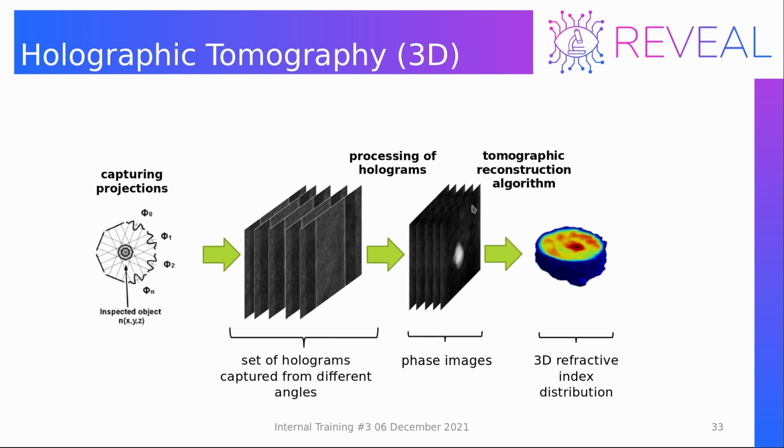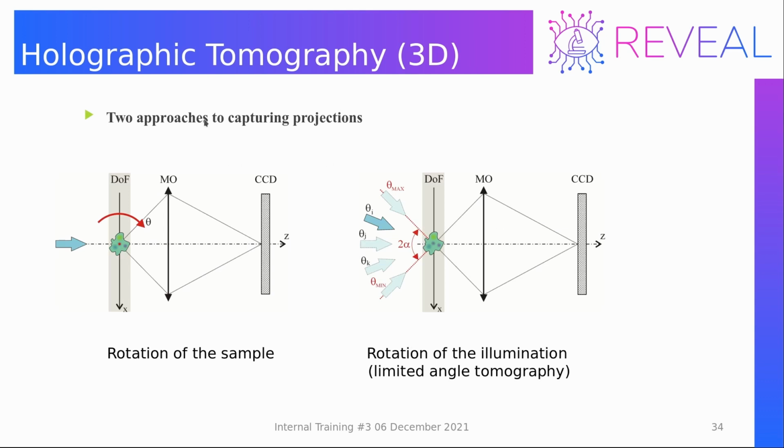You obtain the two-dimensional integrated phase distributions, and you apply some tomographic reconstruction algorithms to obtain the 3D tomographic reconstruction. There are two approaches to capturing the projections. The first one is rotation of the sample. There is your CCD camera, there is the microscope objective, and there is your sample. You capture one measurement, illuminating your sample with a plane wave in this direction. Then you rotate your object a little bit, you repeat the measurement, and so on until you have captured all the